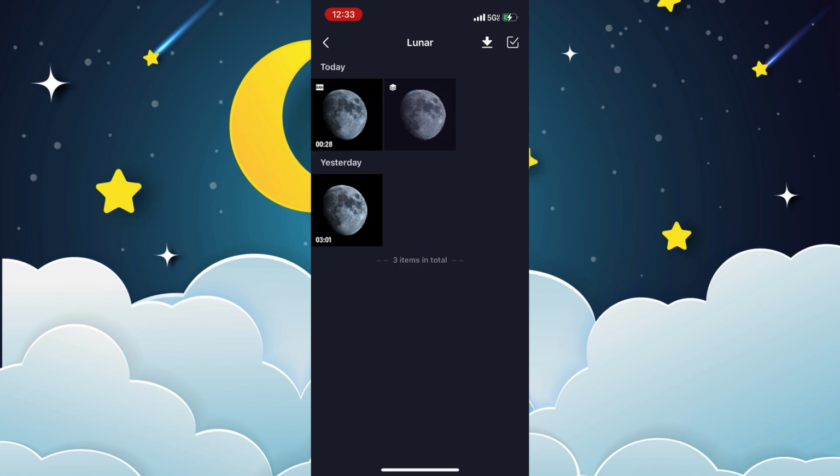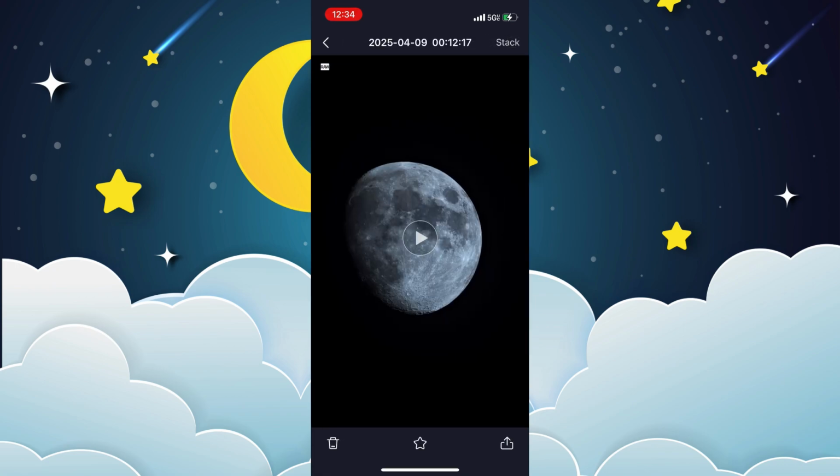I'm going to pick the lunar, and I have several files in here because, like I said earlier, I had to record them in different sessions. The recording we just started, I only did it for a few seconds just because of those clouds. The earlier file that I did that is 3 minutes long is the one down at the bottom. But since I've already stacked that one to come up with the stacked image, we want to select the one that I just barely recorded,